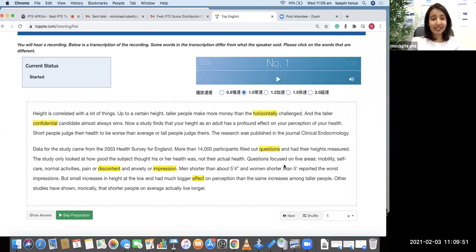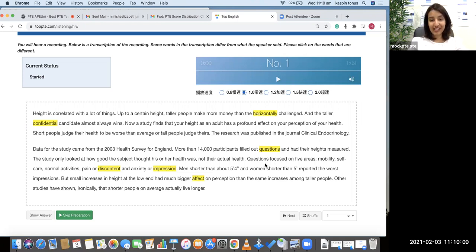If you get distracted for a second, you could miss all the words here. So listen really, really carefully. It's just barely 1 minute. It's not even 1 minute. So for this 1 minute, be very focused. Do not get distracted by anything. Listen to the audio for every single word,